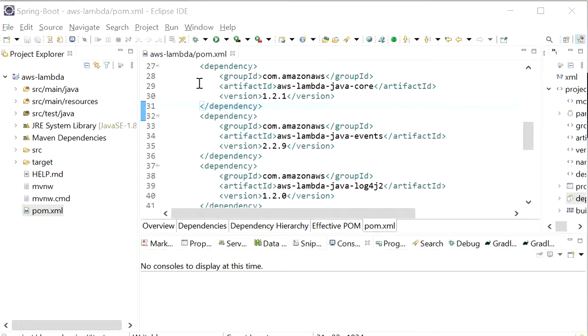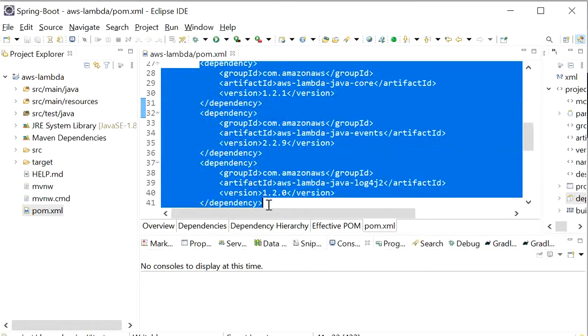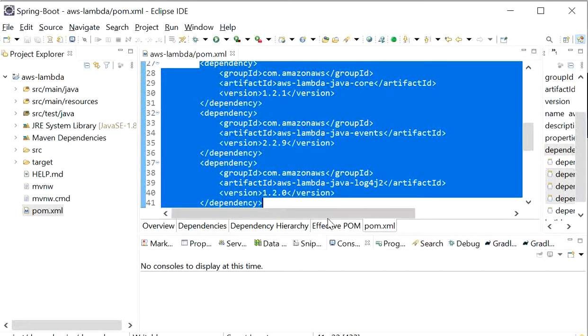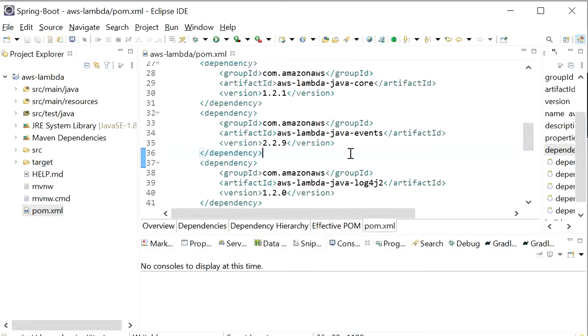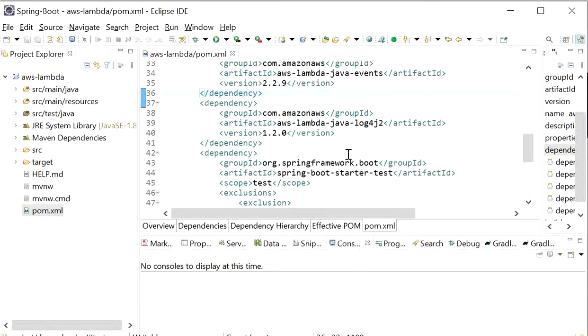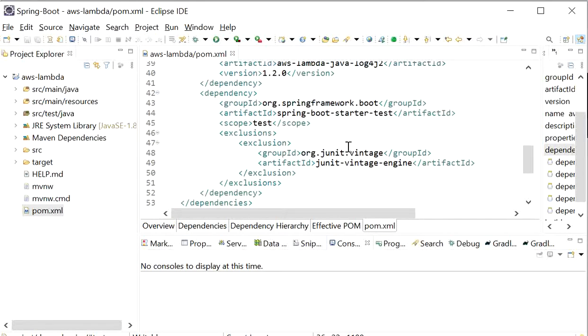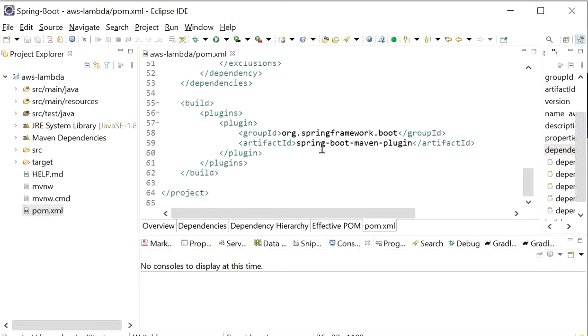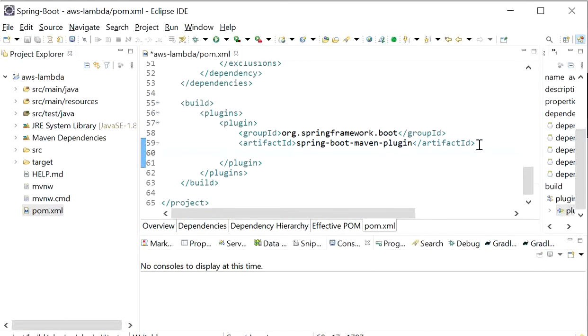So here we have added these three dependencies, and we need to add one more dependency to make our jar lightweight, because AWS Lambda supports uploading a jar file or zip file, so we need to make the jar lightweight. So here we will add one more dependency in the org Spring Framework Boot plugin, and here we will add this dependency.